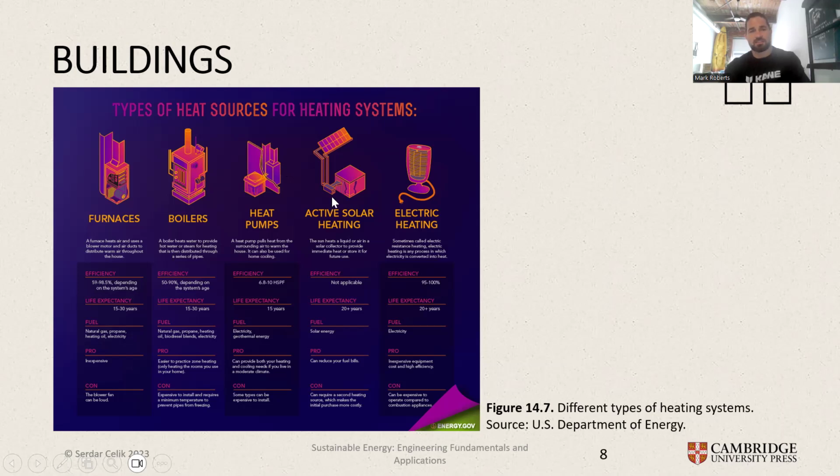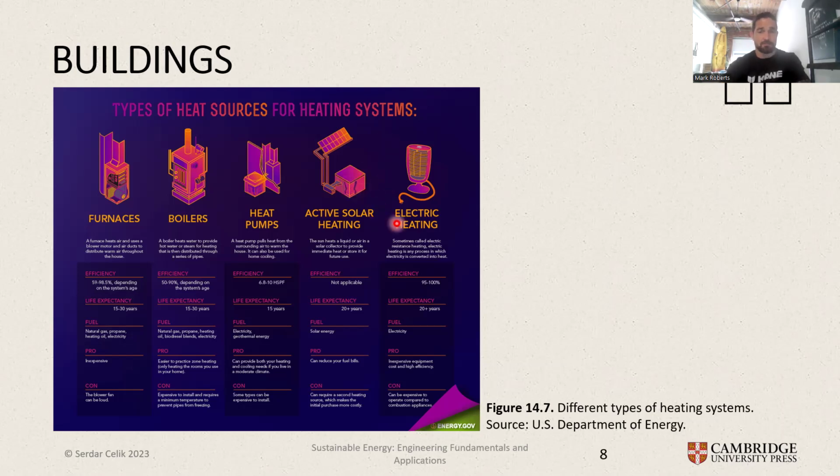Active solar heating is a very inexpensive way, operationally, to heat a building. Again, this would require panels that are placed, and they would really only be able to heat water when we have access to the sun. So when the sun is shining, it's going to heat up the water, which is stored, and then this hot water can be used for showers or dishes,